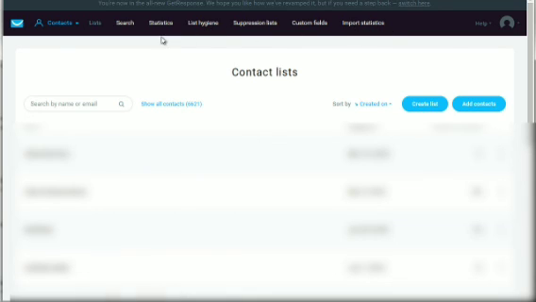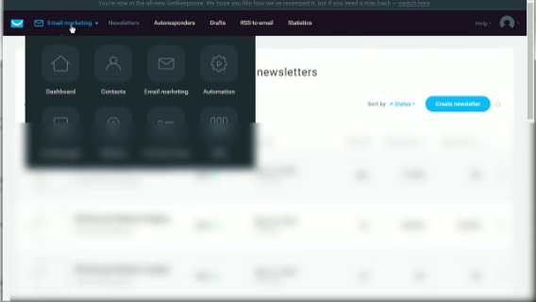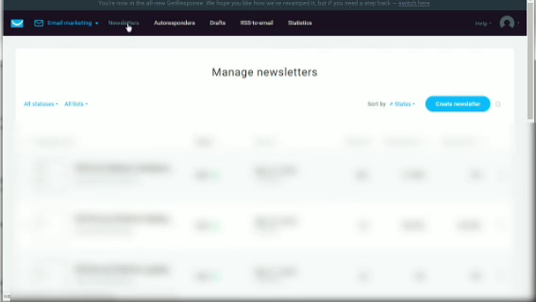And you have other items here, but we really don't need a lot of these. Really, you just need to focus on lists, which allows you to create a list. You can add contacts if you have an external spreadsheet of email addresses. Then we go to email, and under email marketing, you have newsletters, and then you have autoresponders. Newsletters are like broadcasting.